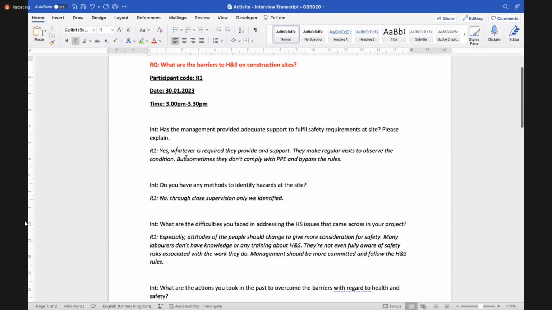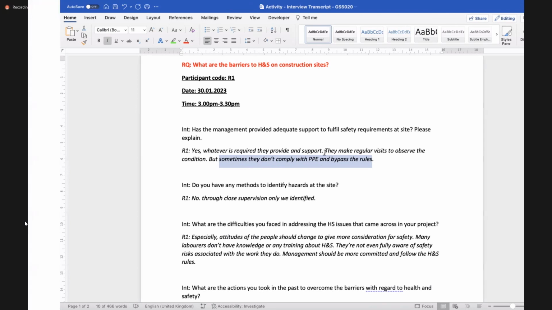Okay, so here there's something that talks about a barrier to health and safety on construction sites: sometimes they don't comply with PPE and bypass the rules.